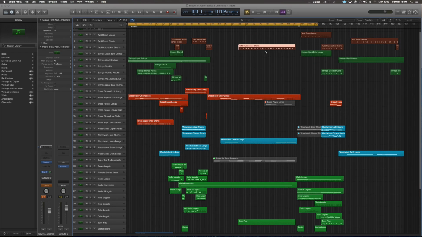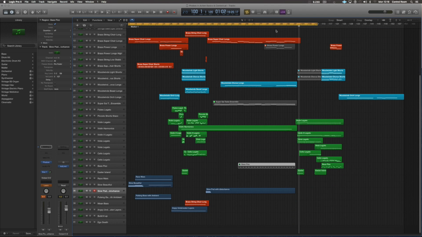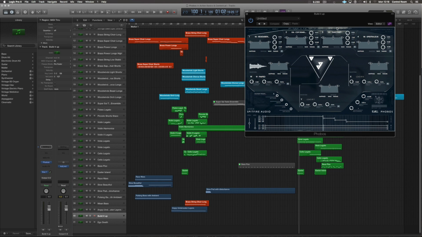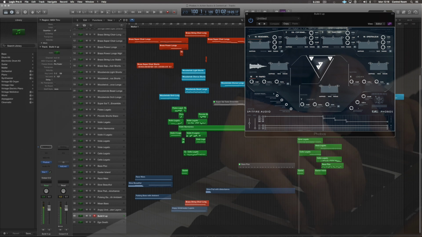Cool, so you can see I probably need a bit of tweaking, etc. afterwards, but you get the idea. I might take out these shorts here and the bass hits, as I don't really like this in my composition anymore now for this new part. Then I'm using another plugin or another preset called Build Up. So this is the same kind of principle. It's my first sounds, then I'm adding